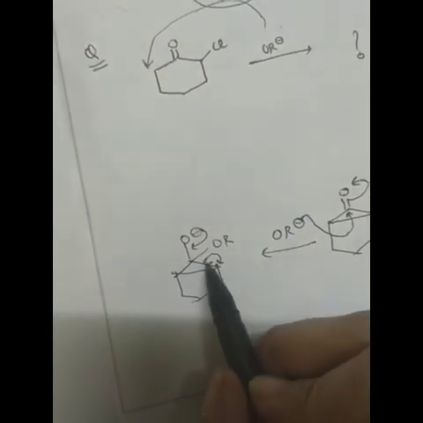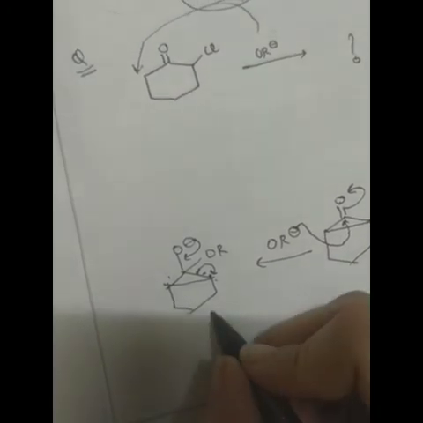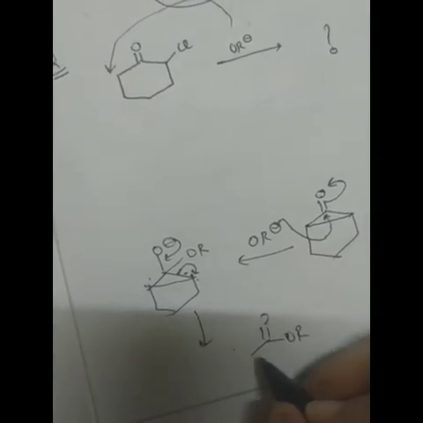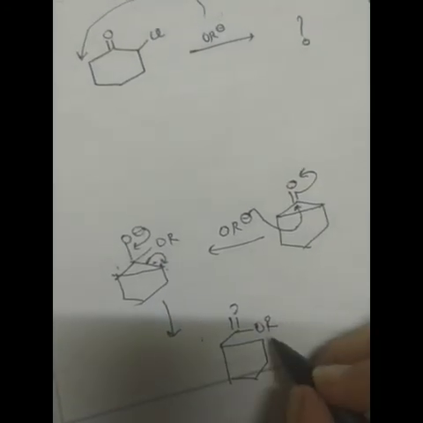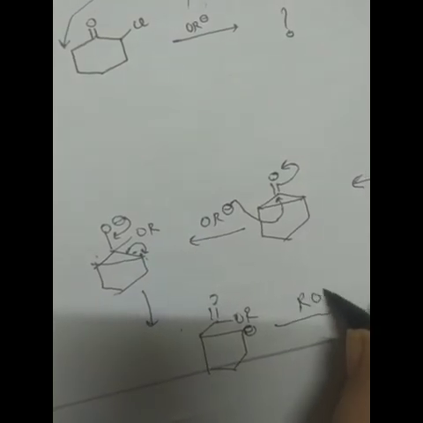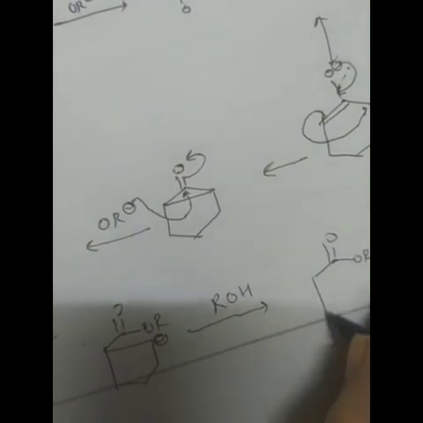Now here we don't have any confusion, because if this bond breaks here or here, both are the same. There is no difference, right? So when this comes back, this ester is formed. This type of question is asked so many times in JAM. Now this negative charge gets protonated from the alcohol in the vicinity, and we obtain the ester, and this is done. So you can see from here we get here. Okay.